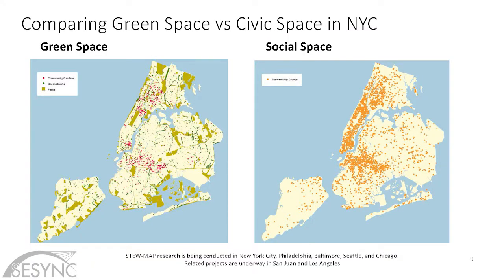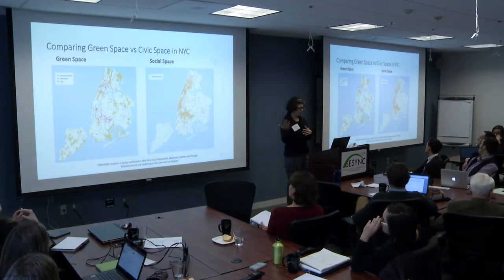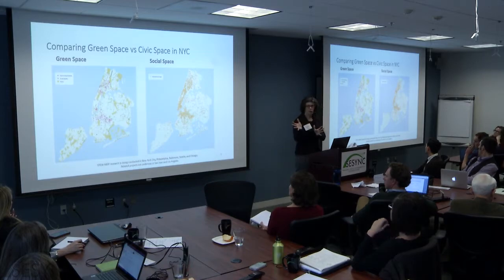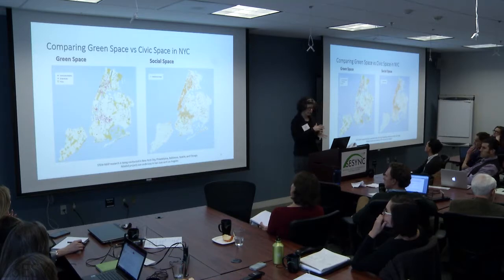So one of the things we did with these data is we compared green space to civic space in New York City. On your left, we have a map of green space in the city, and the red dots are community gardens. The green streets are the blue dots, and then parks are green. They're obviously the parks. And on the right-hand side, we have social space. The social space is the population of all of the stewardship organizations that we were sampling from. So you can see how